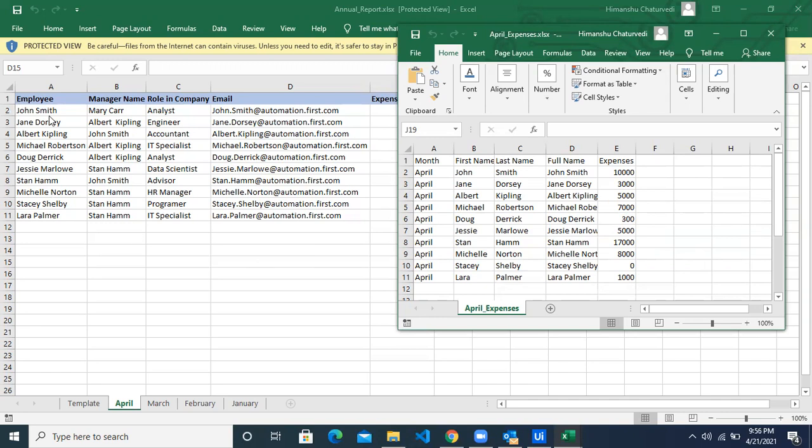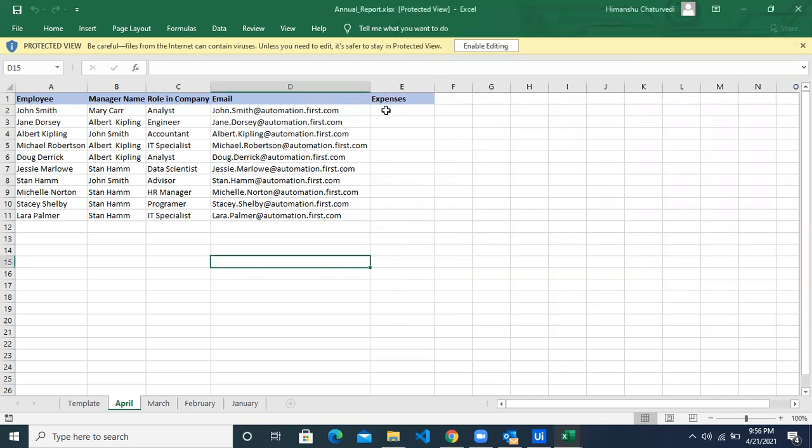So let's take an example of John Smith. For the first row, John Smith will be picked and it will be searched inside the column D. So John Smith is what I'll get here. Then I'll copy the relevant expense value from the same row where I find the results. So 10,000, and this will be copied in the same row expenses column of the annual report, right?